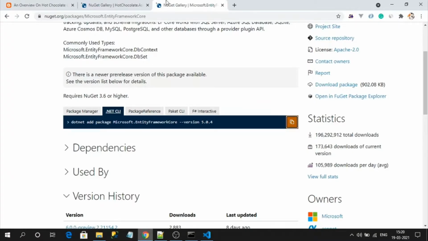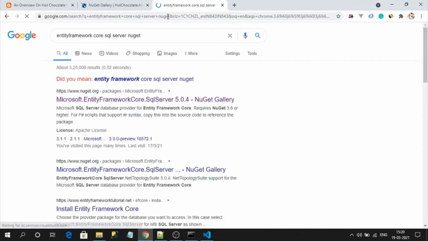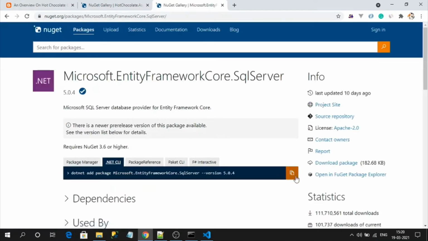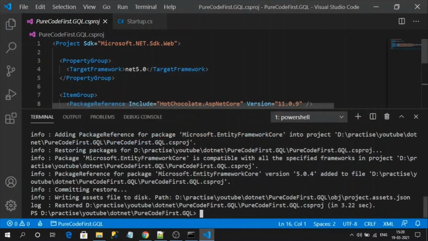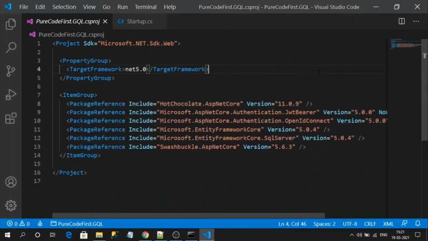Another is the Entity Framework Core SQL Server NuGet, so let's install this package as well. I think the SQL library also installed. We can check over here. Okay, we have installed the two required Entity Framework libraries.